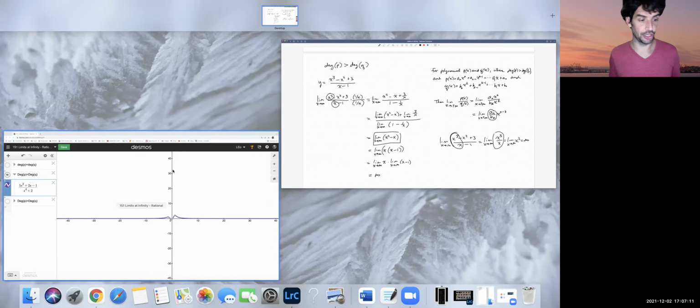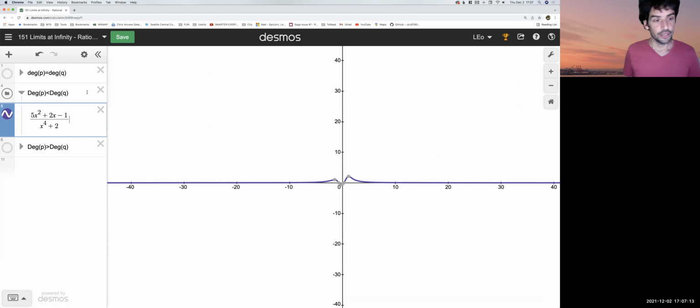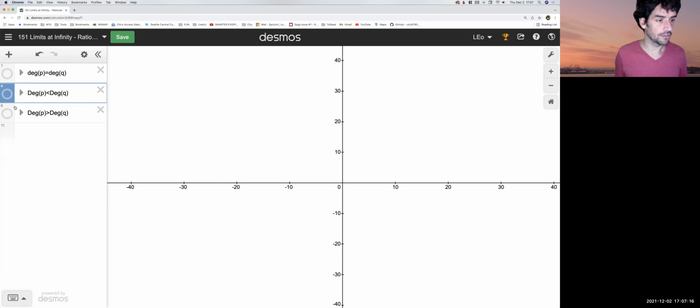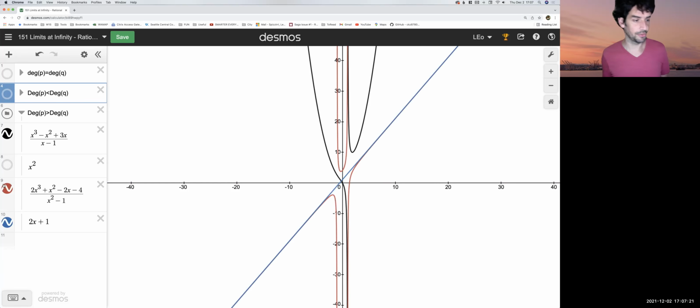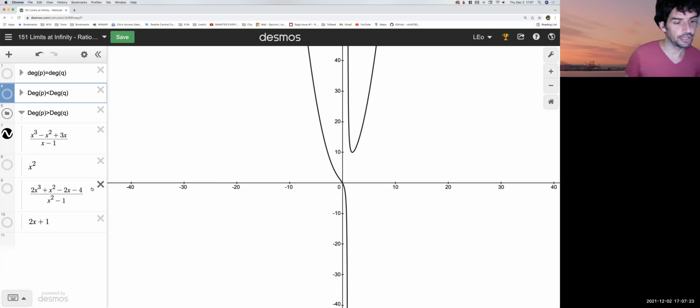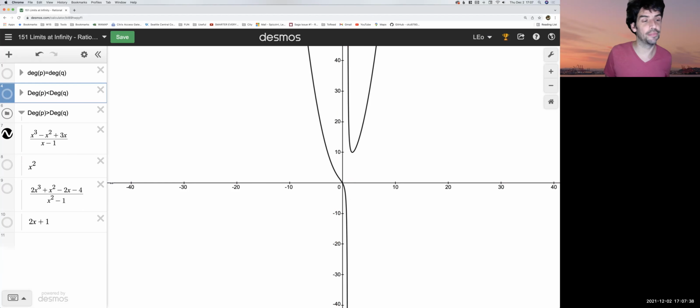Let's take a look at this function. Here's the function x cubed minus x squared plus 3x over x minus 1. It's got a kind of neat thing going on at x equals 1. It has an asymptote. We see on one side it's going to negative infinity, on the other side it's going to positive infinity. What also happens is as we get further and further away from 0,